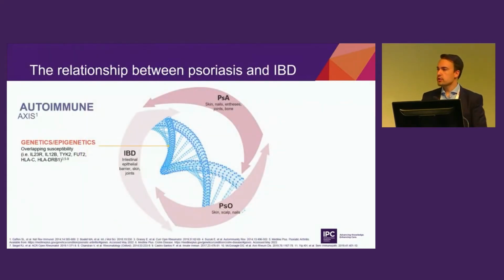So why are we spending so much time talking about IBD when this is a psoriasis symposium? Well, it is because there is a very close relationship between psoriatic disease, meaning psoriasis and PsA, and inflammatory bowel disease. First of all, you have a lot of genetic susceptibility that is shared. If you look here, you can see the IL-23 receptor, for example. There's also TYK2. And this gives you an idea that we may have some treatments that could work in both. So targeting